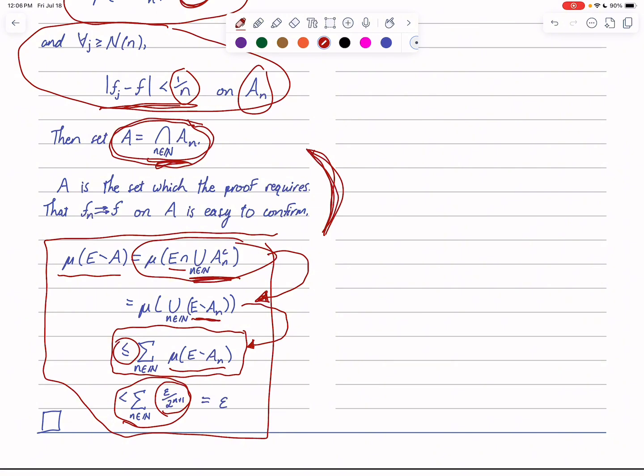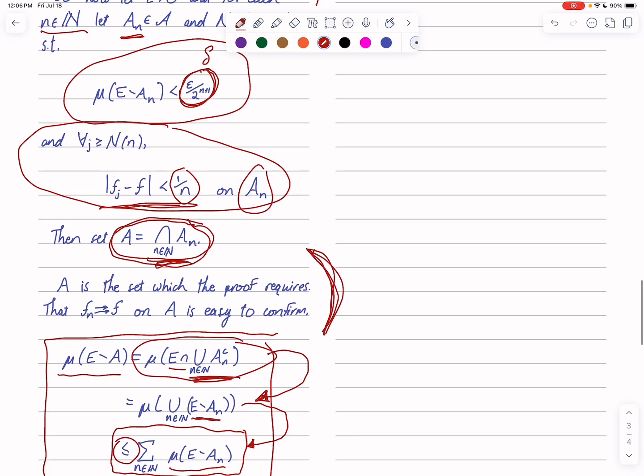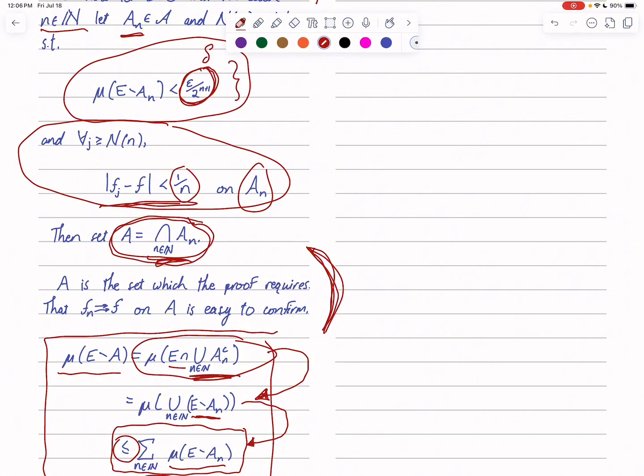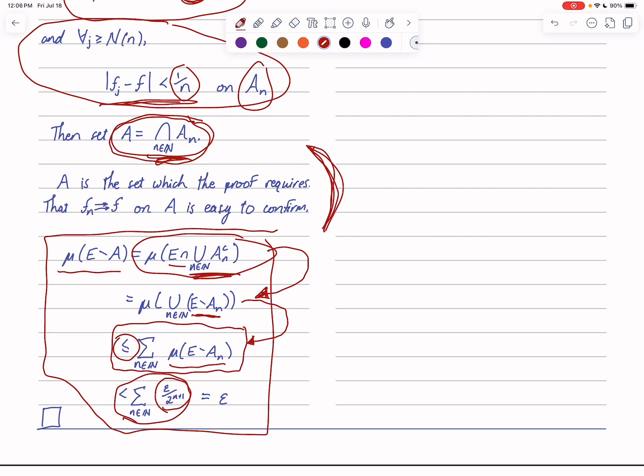And we want this less than an arbitrarily chosen epsilon. We want this less than epsilon. So that's why the decision up here to use epsilon over 2 to the n plus 1 was good, in particular because the epsilon can come out. Let me write out some more explanation of what's going on here. If we move the epsilon to the outside of the sum, and I'm going to be lazy with my indices here because we all know what my indices actually are, we could move the epsilon to the outside.